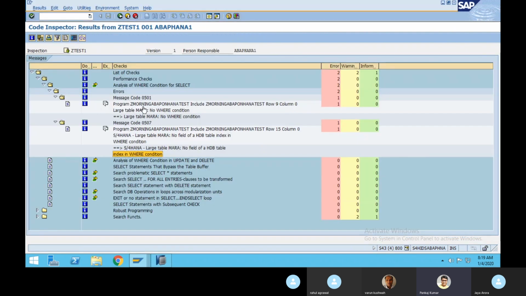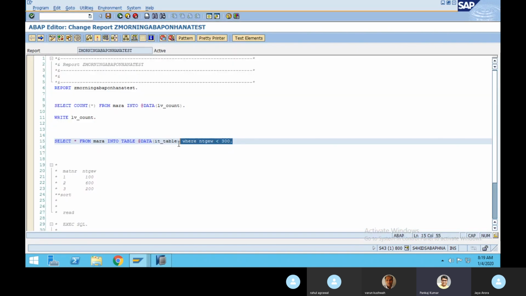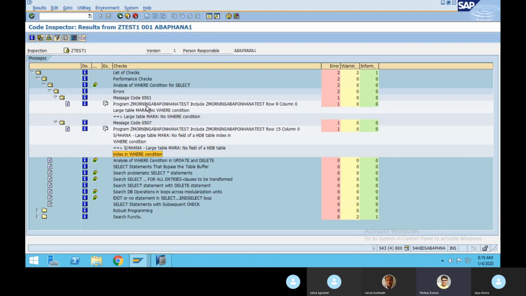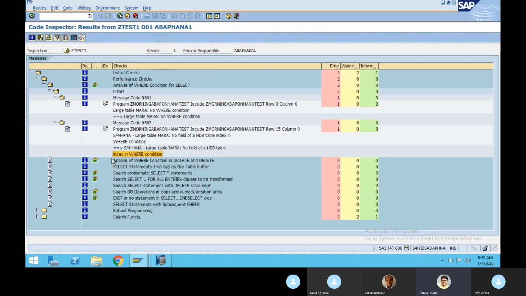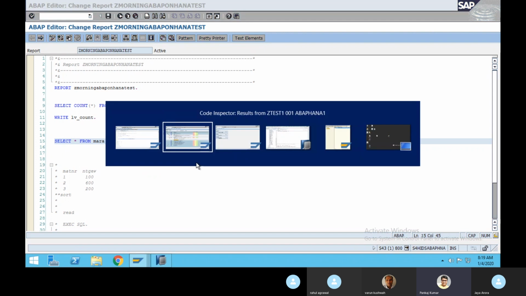You can say, see, I have used it, still it is showing. It is not my problem, it is the system problem. So generally what I used to do is just take the screenshot, because while they review your code, they may ask for the screenshot.